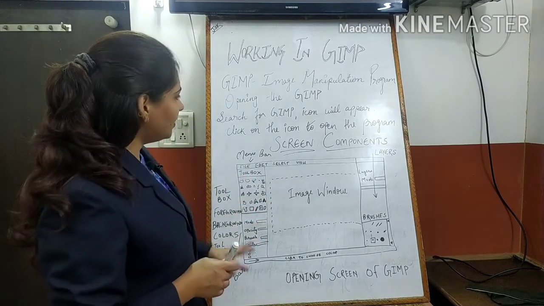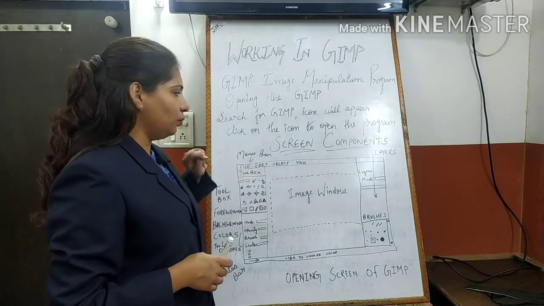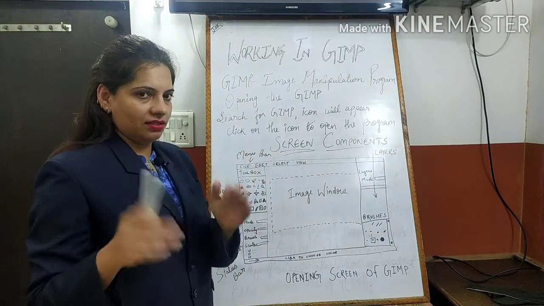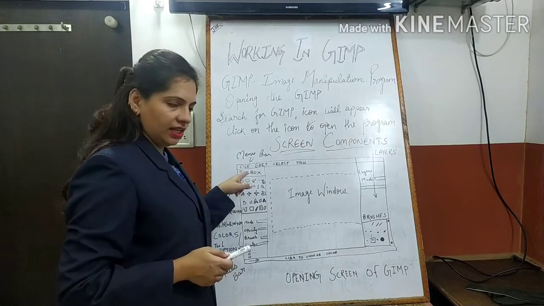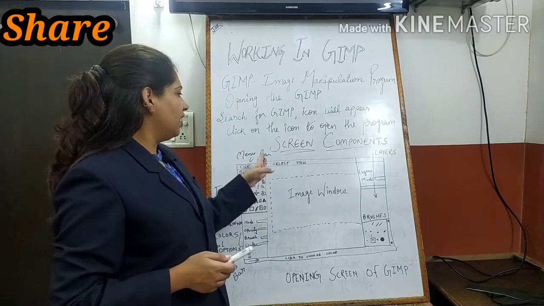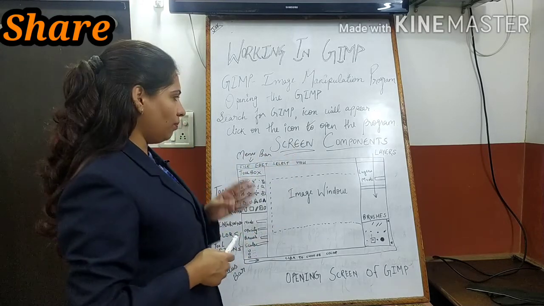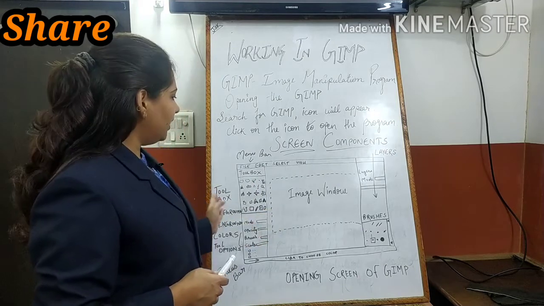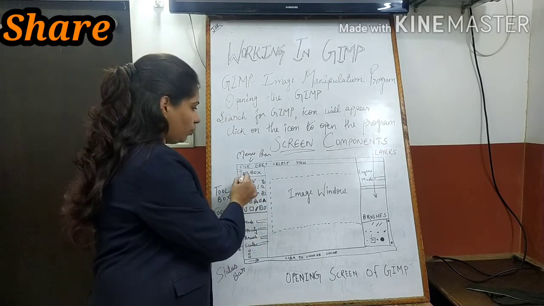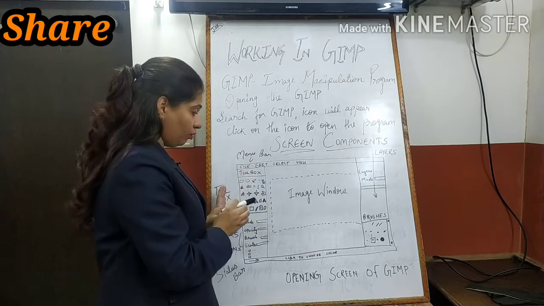Okay, so let us start from the top. The first thing here you can see is the menu bar. Here the basic frequently used options are there. File, from here you will be opening, saving, closing files, editing, selecting a new file. All these options are given here on the top, that is the menu bar. Then you can see on the left side, the toolbox. This all is the toolbox.